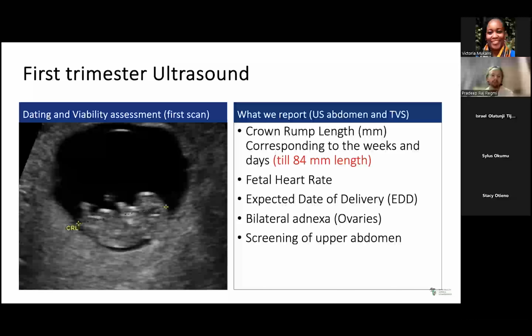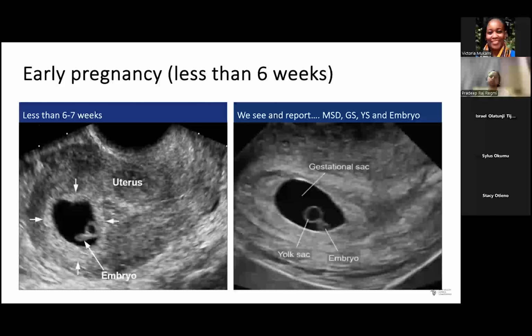So this is the basic thing we do when a patient approaches us for the first trimester scan, when she knows she is pregnant. In early pregnancy, there can be different challenges. This is the embryo, which we can see at approximately 6 weeks of age,